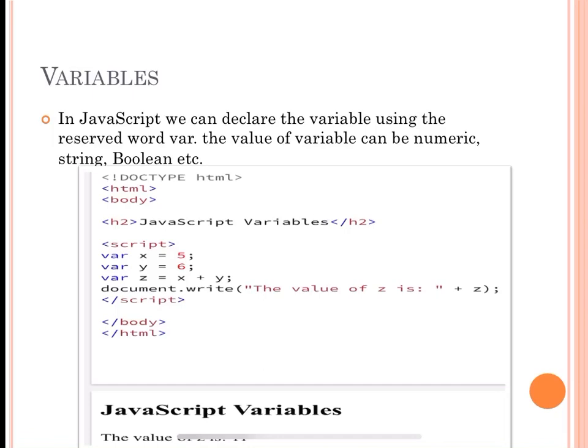Okay. So this is how we declare a variable. A variable can be declared using the var keyword, then the variable name is equal to the value. In case of JavaScript, there is no need to declare the data type of the value. The data type is already assumed when you give the value to that variable. Depending on the value, it decides the data type. Okay, next let's move on to the next slide.